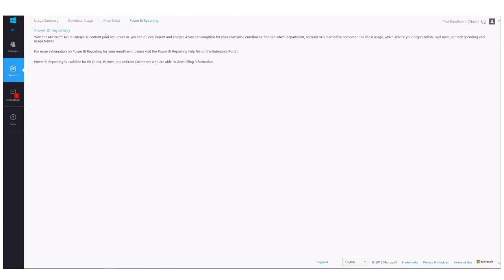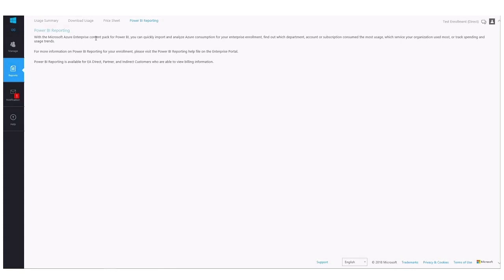This section refers to the help file content, where you can learn more about how to use the API access keys to get the usage data to Power BI using a customized content pack called Microsoft Azure Consumption Insights. Basically, you'll need to note the enterprise enrollment number, which is displayed on the enrollment detail page. It's also displayed here at the top left corner of the page.